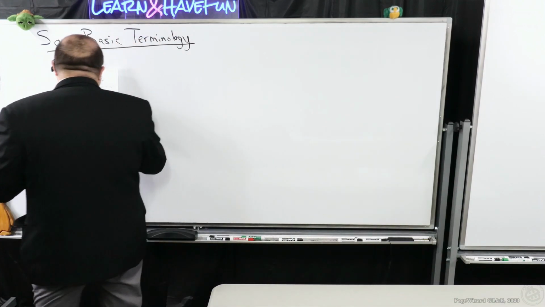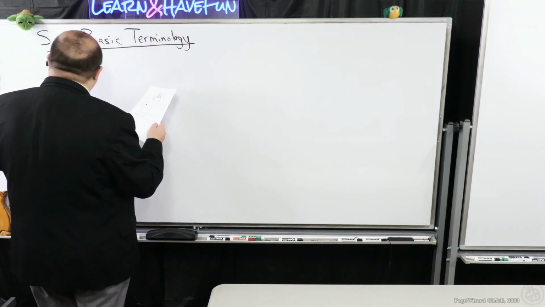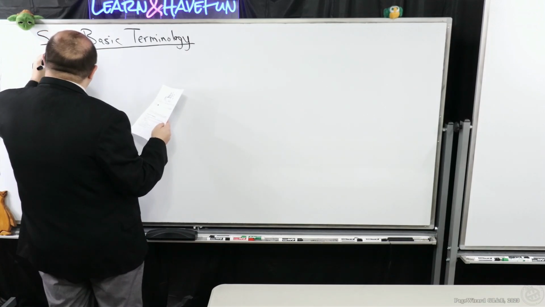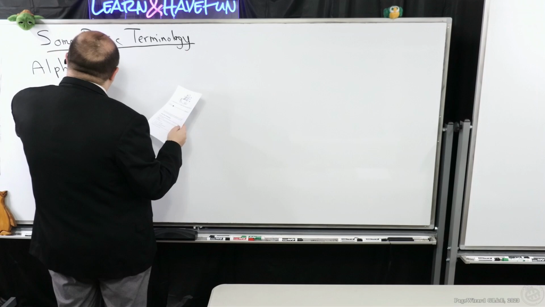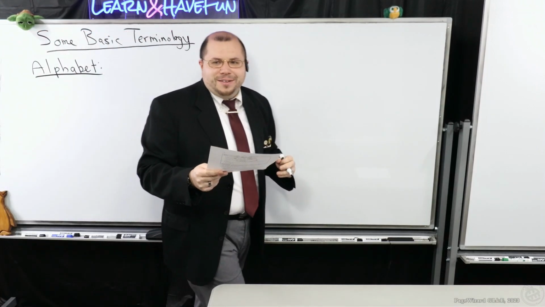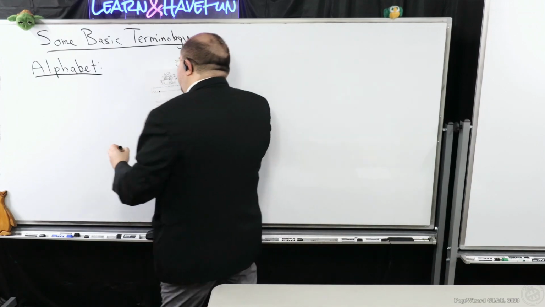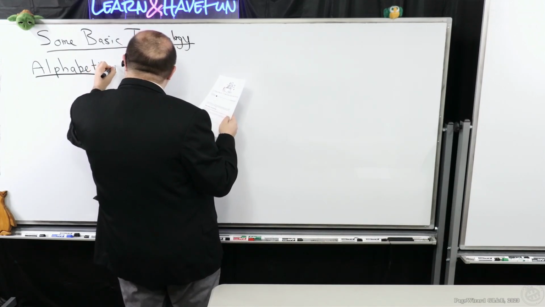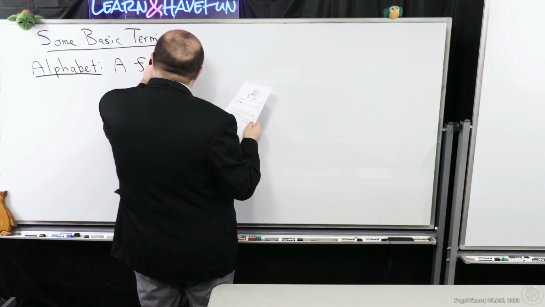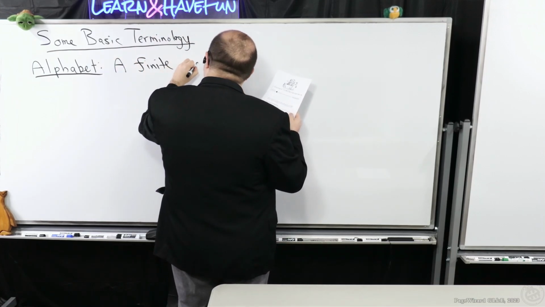We need to have some terminology to help us understand what we're going to be talking about here today. So the first place I'm going to start is with the concept of an alphabet. Now, I'm not talking about alphabet soup, although that can be pretty delicious, okay? But an alphabet is a finite, non-empty